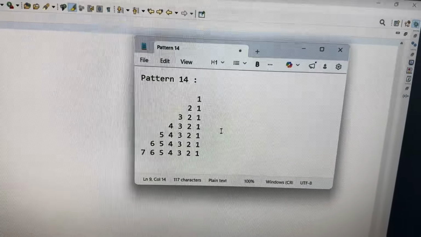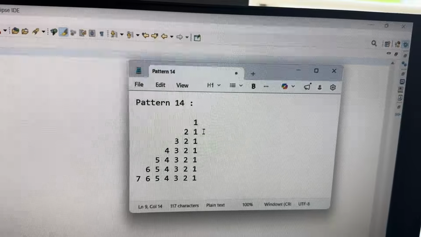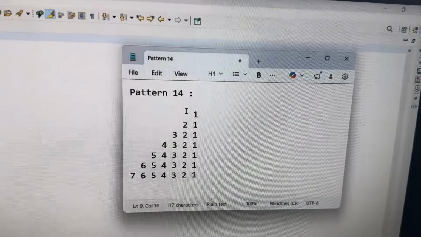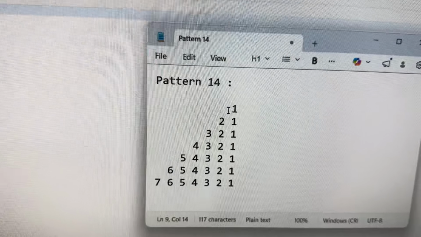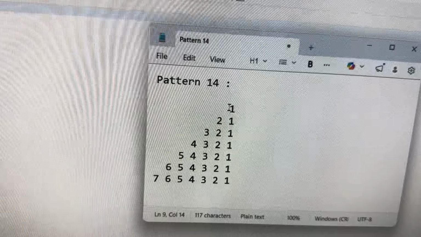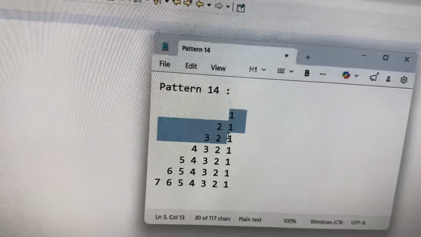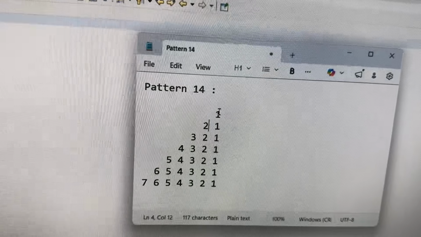Hi all. Today we will see how to print this pattern. We will discuss how to write a Java program to print this pattern. If you see this pattern, all rows are ending with 1, and if you see the rows, the distinct rows are